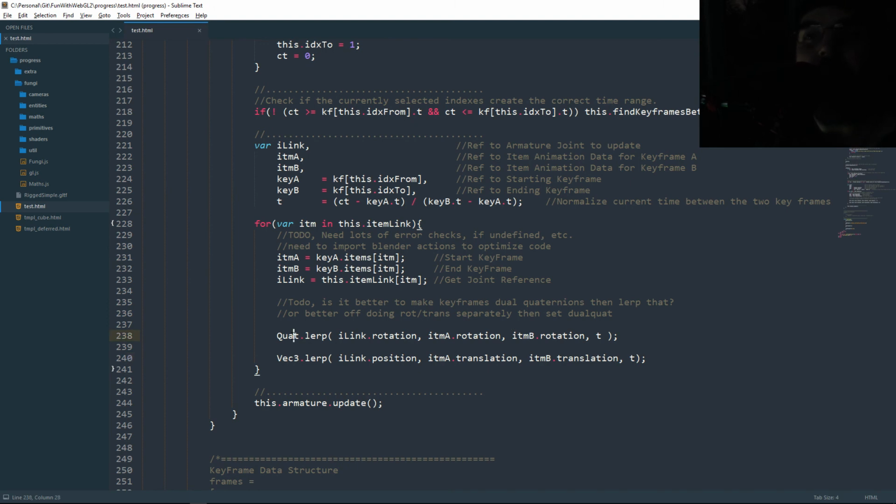Or like I said, it's better off just doing the lerping on rotation, leaving position alone, and then just updating the armature with the rotation, which then creates the dual quaternion anyway, for me in the end. Because the armature needs to do extra steps too. It needs to then